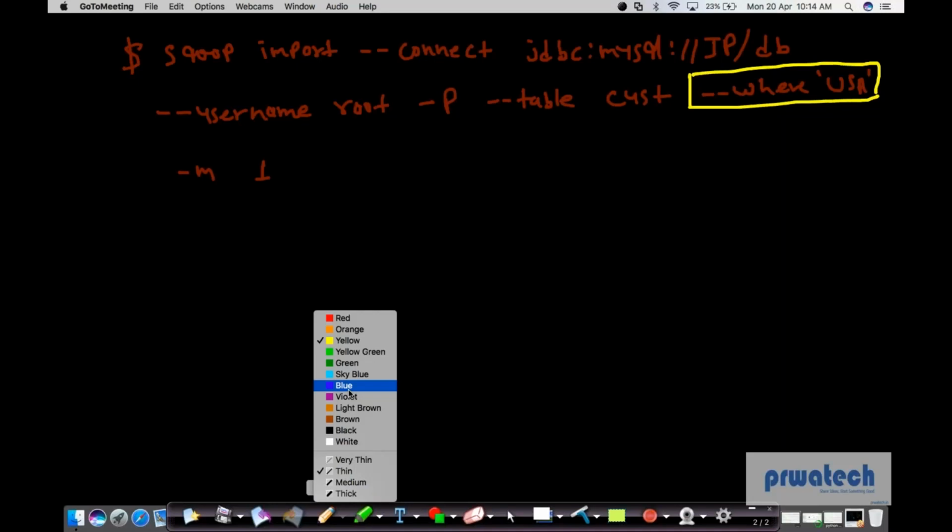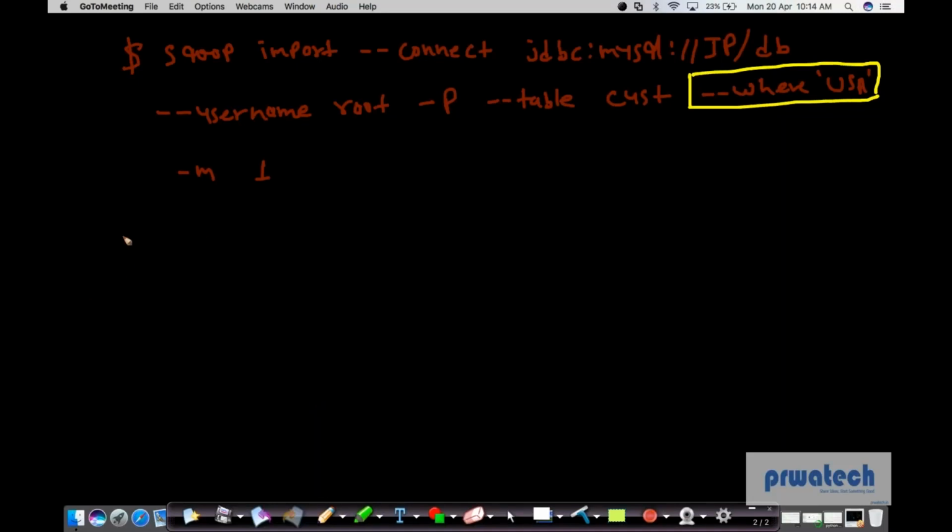Since we have already tested this, I'll not rewrite the same query again. My second query: if I want to change my type of data. Currently Sqoop is taking all the data in text delimited format. Now I don't want my data in text delimited format. I want my data in some other file format. So using Sqoop, extract data in sequence file format